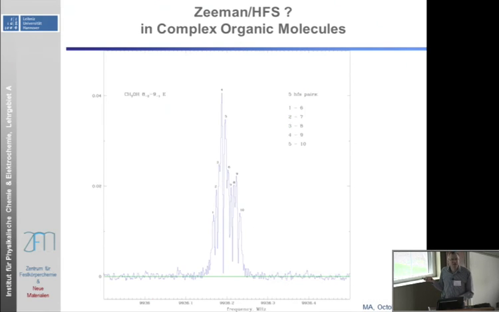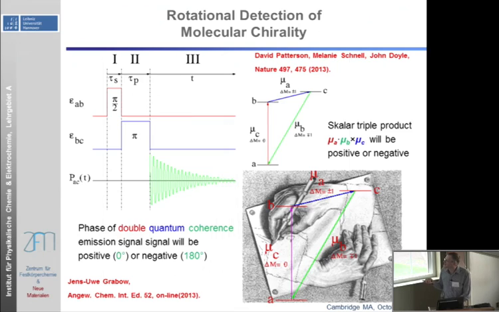So maybe that also helps to get a hold of magnetic fields in certain parts of the inter or circumstellar medium. And this is the second to last slide. The other thing you can also do, if you have two antennas looking at different polarization directions that are different from the excitation direction, is use the microwave in a double resonance scheme to determine the absolute chirality of molecules.